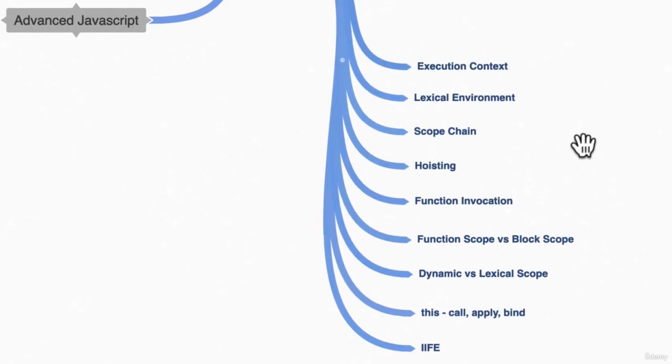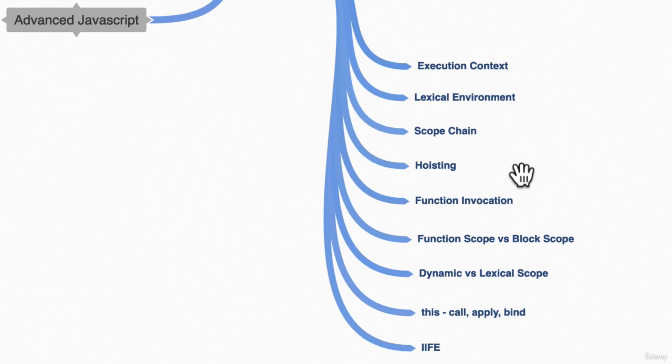And then once a language like JavaScript is executed, we learned about execution context, how every function invocation creates an execution context. We learned about lexical environment. Where we write our code is important. We learned about the scope chain, a way for us to look for variables and see what we have access to. We learned about an interesting feature that is hoisting, how JavaScript does this weird thing that hoists function declarations